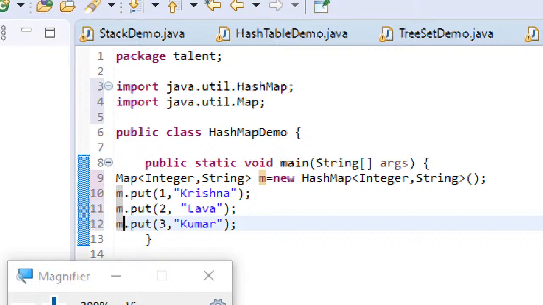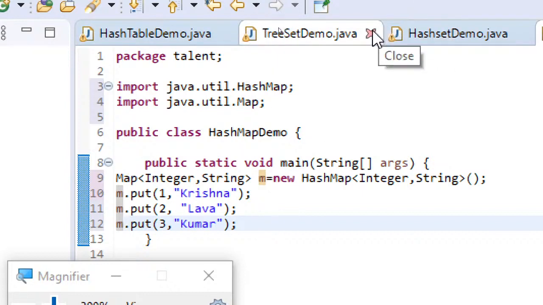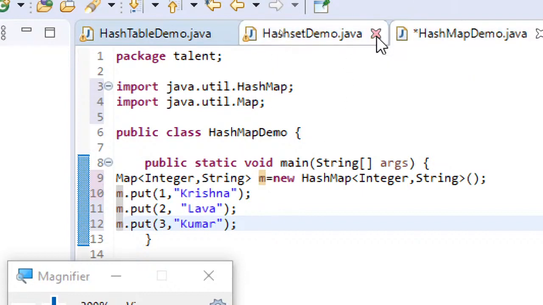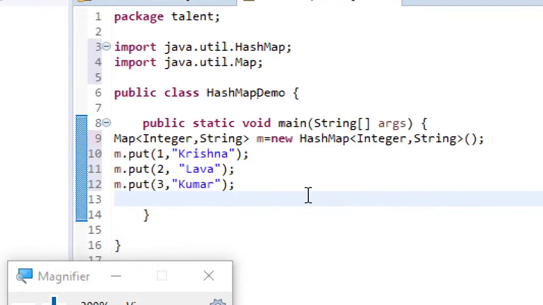And now we are going to see how we are going to retrieve the values. Since in the hash table I have already shown one way of retrieving, I will show another way of retrieving the values. I will be using the for each loop now, because we have already seen how to iterate with the iterator.